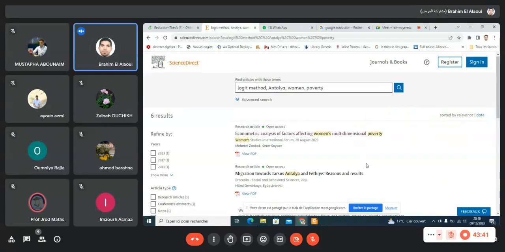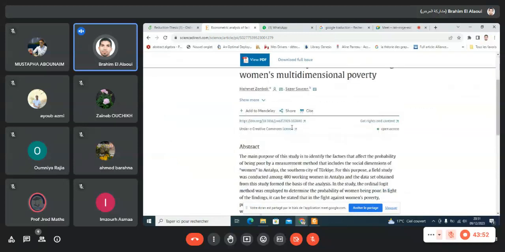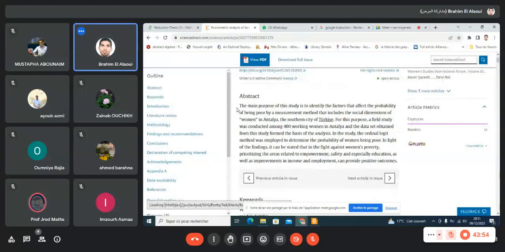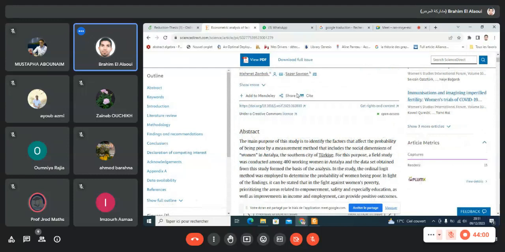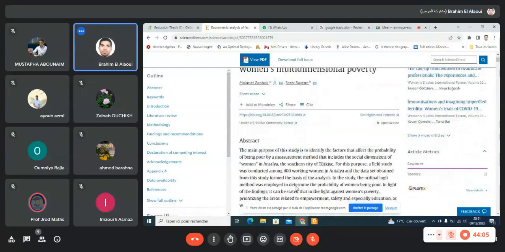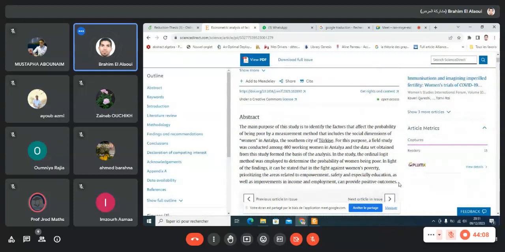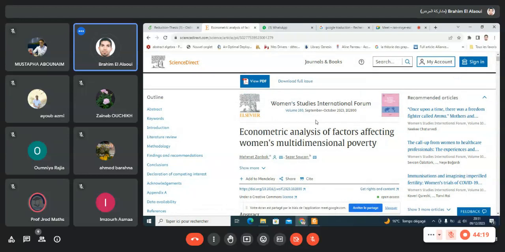and let's check. I think maybe the first one is it. I click on the first one. It is in open access, and I read the abstract. As you see, yes, it's the same abstract. This one is the title. If you find that the abstract of this article seems very important for you, you can download the PDF of this paper, and read it, the introduction and